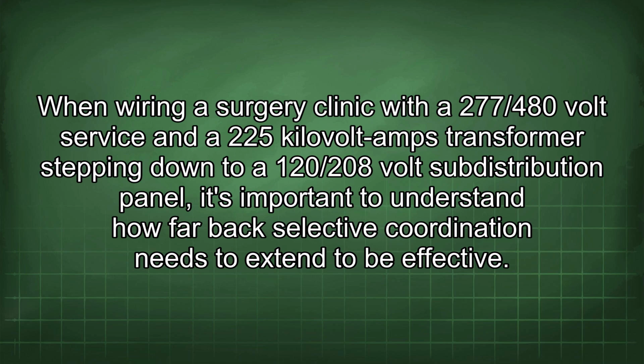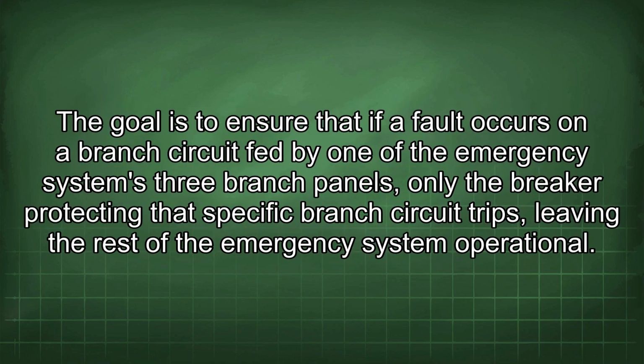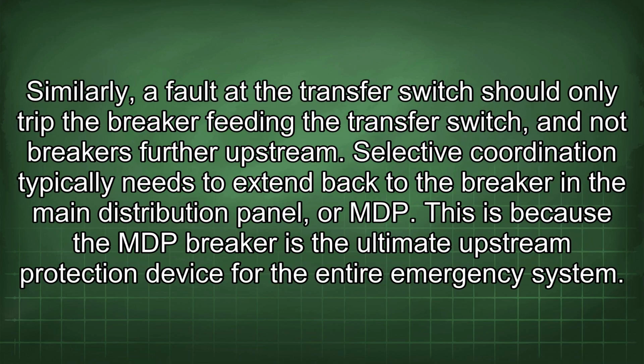277/480 volt service and a 225 kVA transformer stepping down to a 120/208 volt distribution panel, it's important to understand how far back selective coordination needs to extend to be effective. The goal is to ensure that if a fault occurs on a branch circuit fed by one of the emergency system's 3 branch panels, only the breaker protecting the specific branch circuit trips, leaving the rest of the emergency system operational. Similarly, a fault at the transfer switch should only trip the breaker feeding the transfer switch, and not breakers